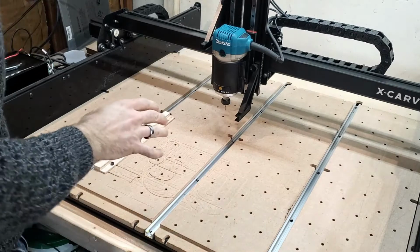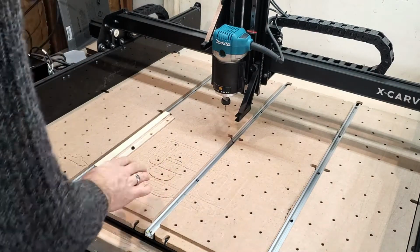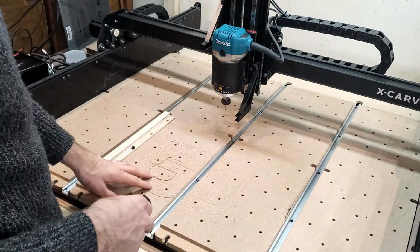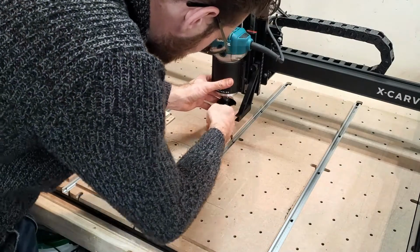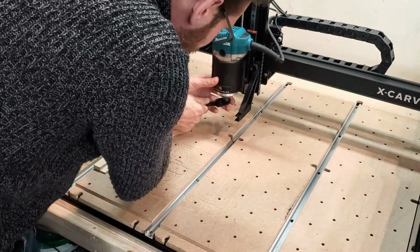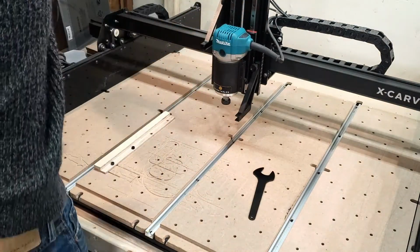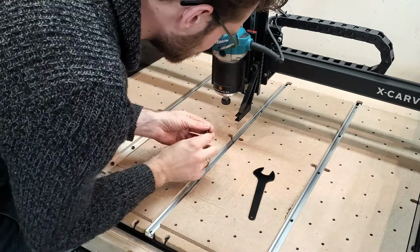I don't every single time, but I do my best to clean my work surface between each carve, and I have found it just gives me that much more consistent results. And so, yeah, that's what we're going to do. I'm going to swap out this 1/16 end mill bit for a 1/8 fluted single flute bit,